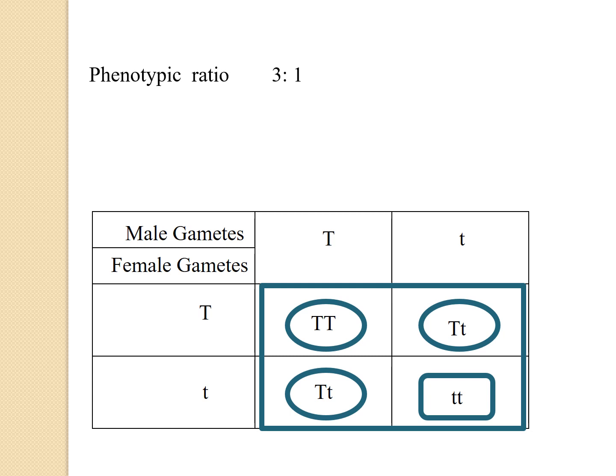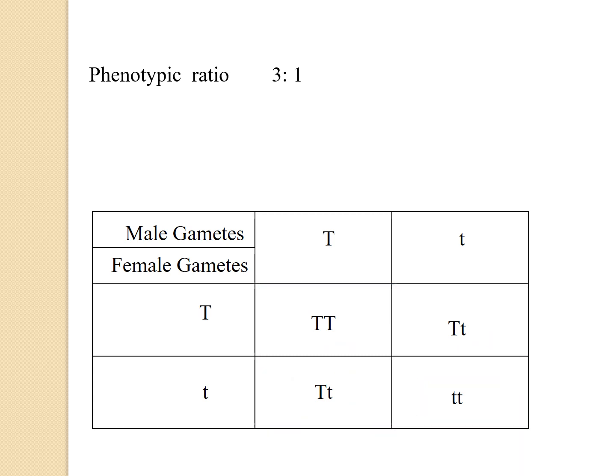I hope you have understood now. So when you say phenotypic ratio, you have to see from the Punnett square all that you have got. From that, how many show similar physical appearances and how many show different. So here from four products that I've got, 3 are tall and 1 is dwarf. That is why my ratio is 3:1. I hope this is clear.